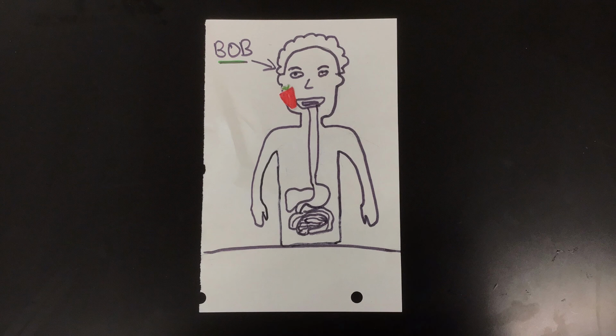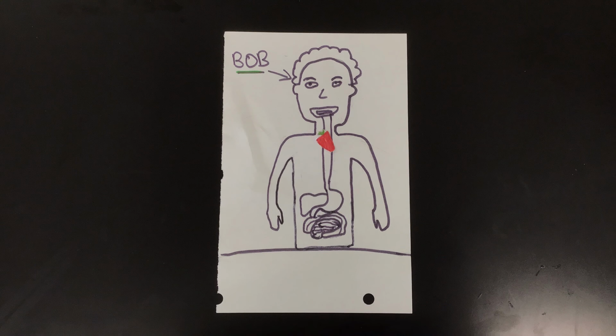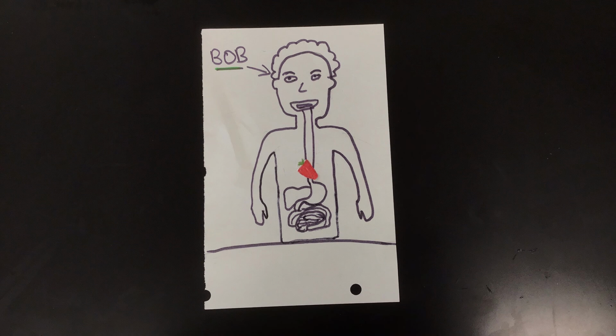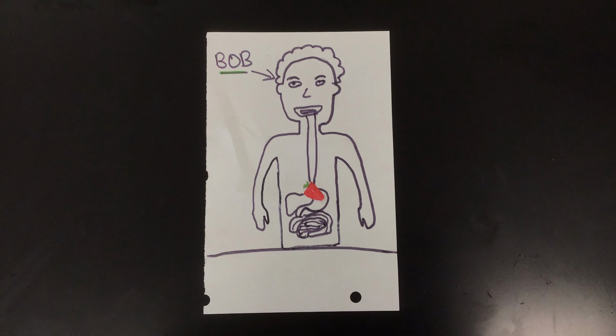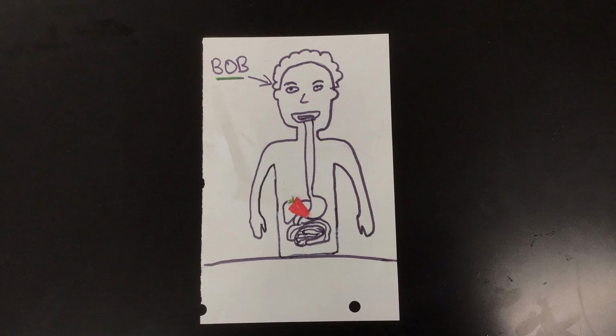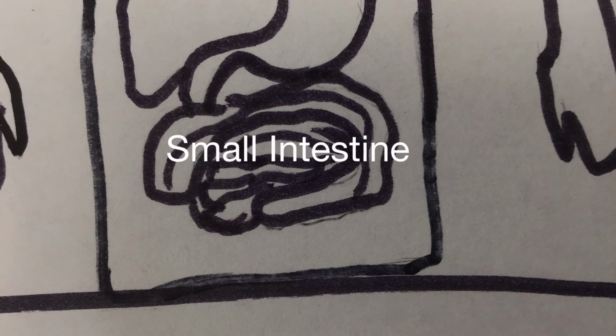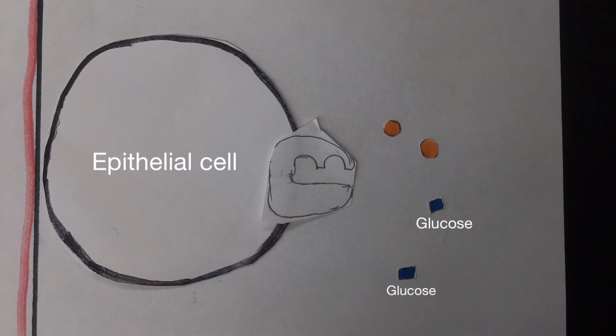As you can see, Bob eats a strawberry, and it is digested as it passes through his gastrointestinal tract. In the small intestine, the carbohydrates from the strawberry are converted into simple sugars, which includes glucose. In order for the glucose to be